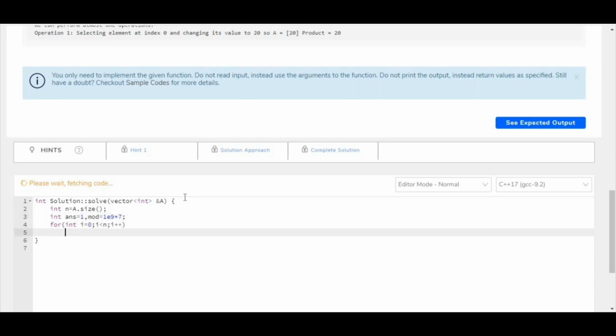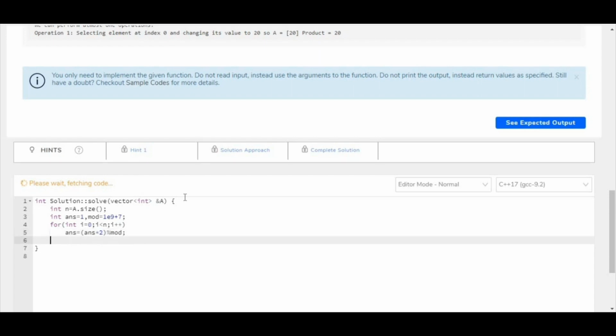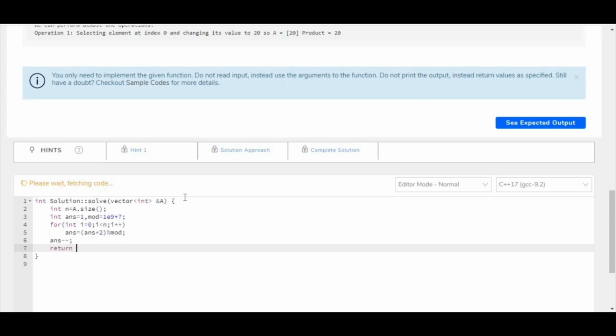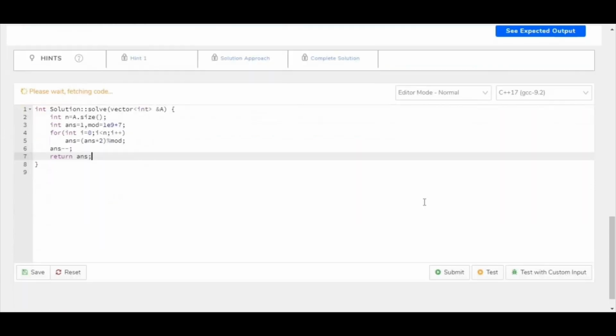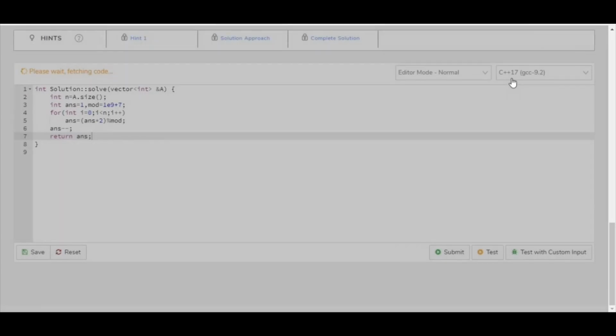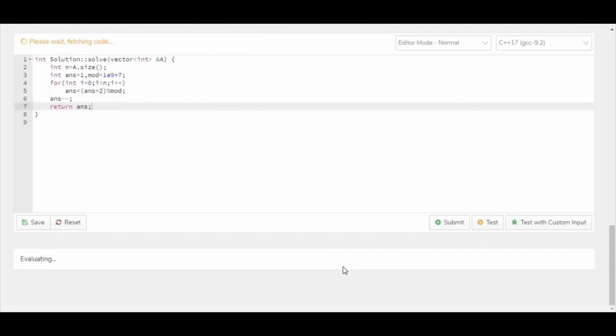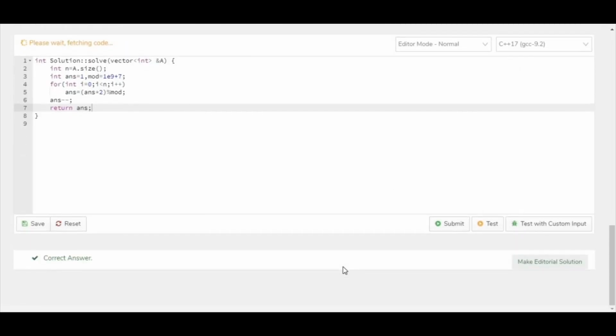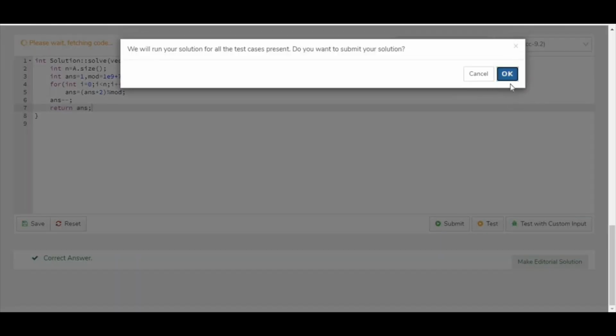So mod is 1e9 plus 7. Answer equals answer times 2 modulo mod. Again we need to subtract 1, so let's say answer minus minus and we will return answer. Let's check if this works. It works here. Let's submit it.